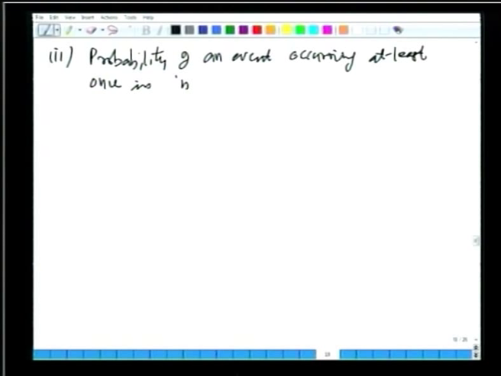Similarly, it can occur in the second one and not in the first one and the remaining ones, and so on. So this way you can have the probability that your x will be equal to either 0, that is, it will not occur at all, plus it will